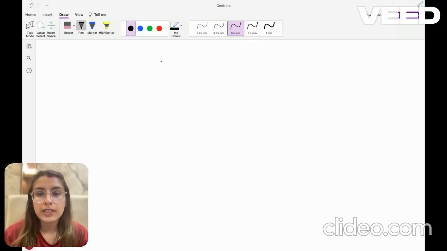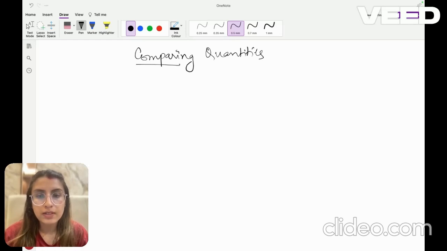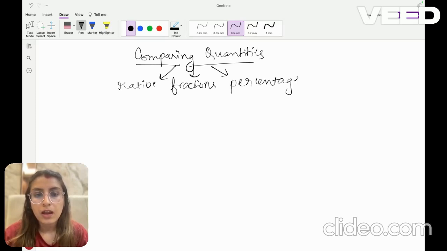So the topic for today's session is comparing quantities. We use different concepts to compare things in maths. We use ratios, we use fractions, we use percentages. All of these are used to compare things in maths, and all these ratios, fractions, percentages are expressed